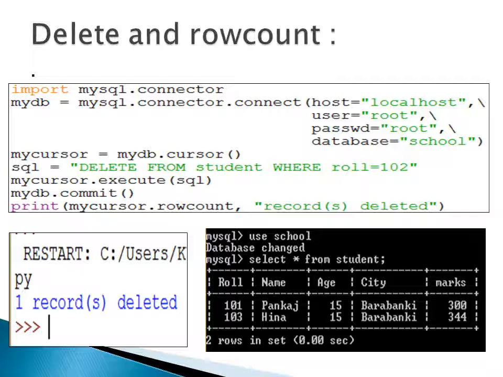Now we can check how many records have been deleted with the help of rowcount. This rowcount is a special property of the cursor object that returns the number of rows retrieved from the cursor till now. As we have deleted only one record, rowcount will count only one. If this query deletes 3 records, then the value of rowcount will be 3.